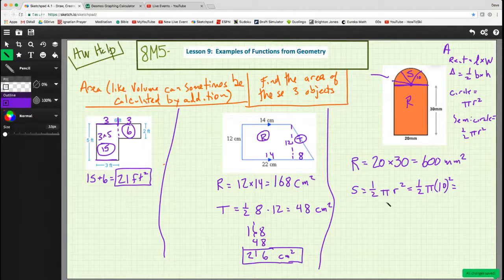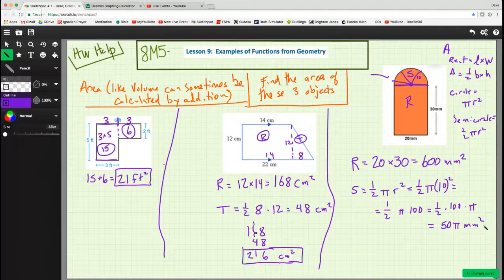So 1/2 of pi times 100. Let's rearrange: 1/2 of 100 times pi. 1/2 of 100 is 50 pi